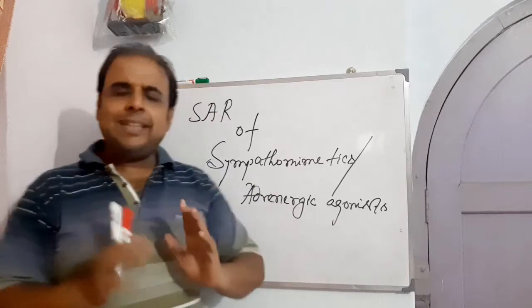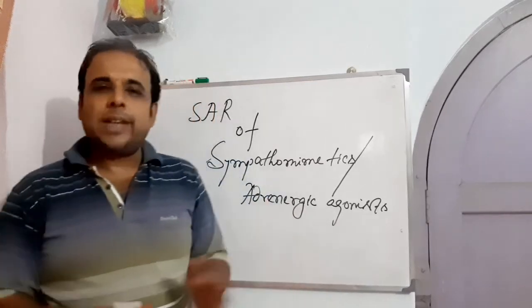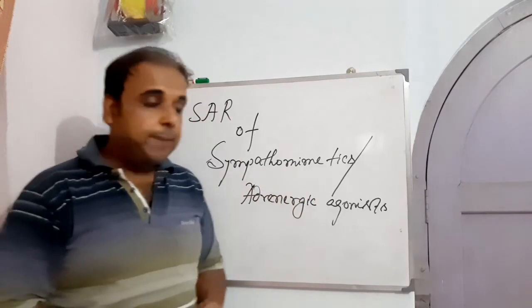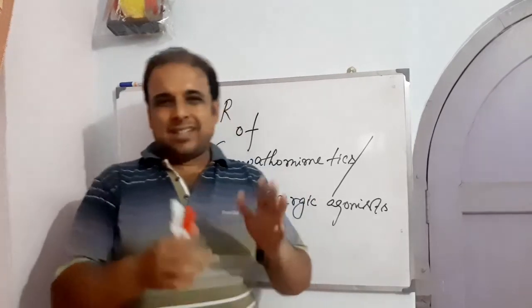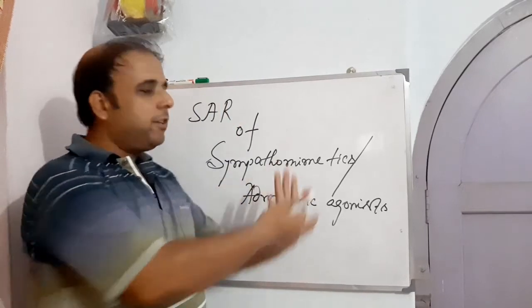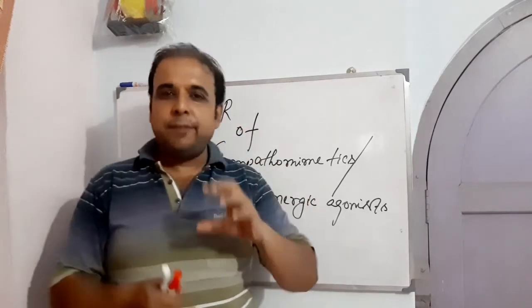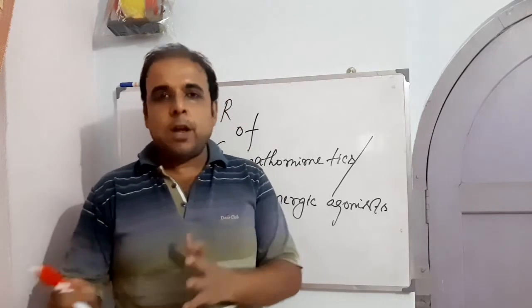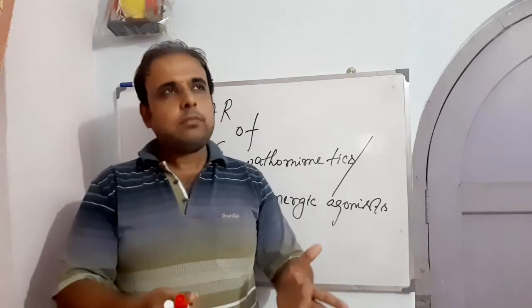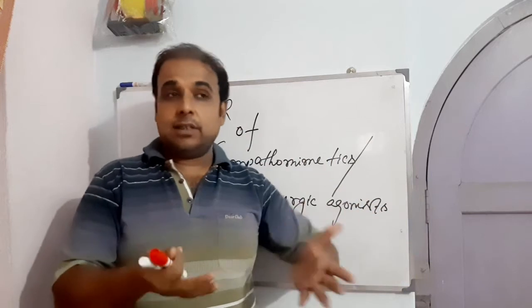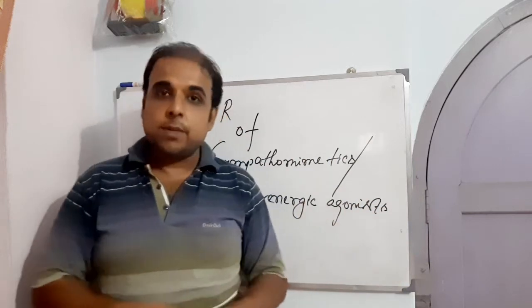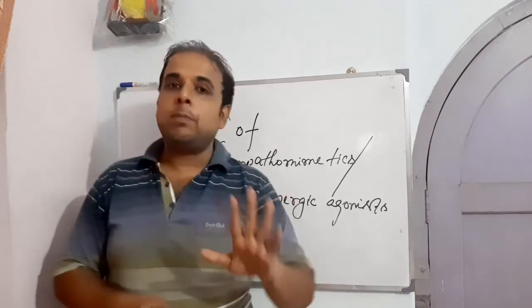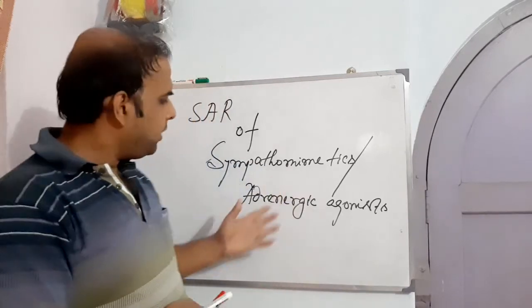I am not going into the pharmacological aspects of the sympathetic system, but in order to proceed further, at least we should say a few things about it. We all know that it belongs to the autonomic nervous system, right? So under the autonomic nervous system, the sympathetic system is one of the branches, which is often called the adrenergic system.